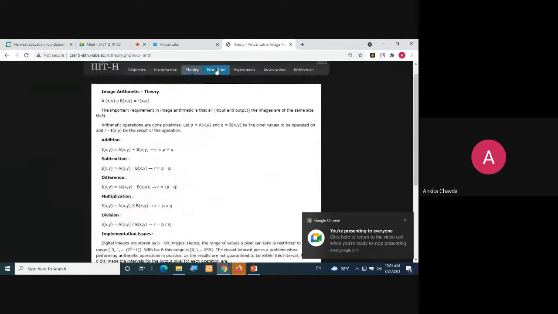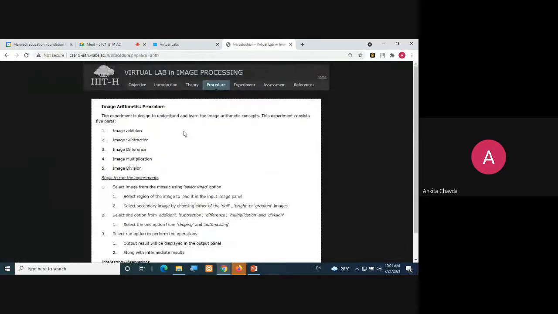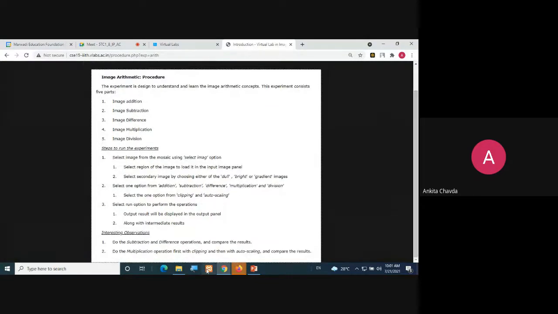So here you see this. I'll show you the procedure, but first go to the last part: what you have to observe. Your observation should be: do the subtraction and difference operations and compare the result. What is there in subtraction and what is there in difference?